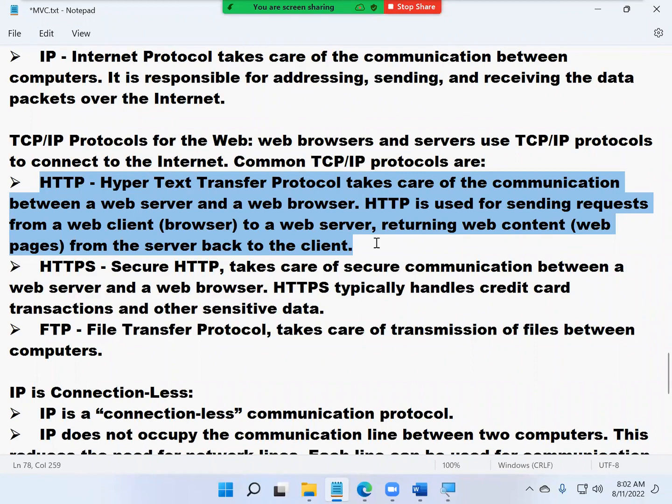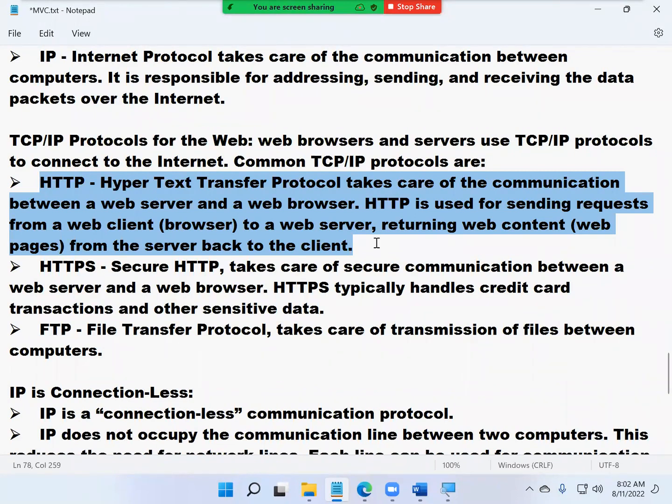Okay, next. HTTPS. What is HTTPS? Secure HTTP takes care of secure communication between a web server and web browser. HTTPS typically handles credit card transactions and other sensitive data. Payment gateways, the payments and all these things basically we do by using the HTTPS protocol.